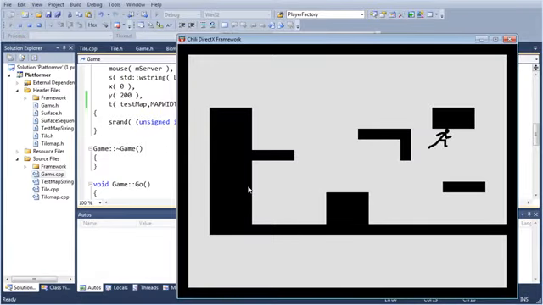Hey, it actually worked. Okay, so it was super simple, I guess. But yeah, it worked on the first try. I'm glad this wasn't too painful. But yeah, this is what the level looks like, just having monochrome tiles and stuff. See if it breaks when I try to close it. Nope.